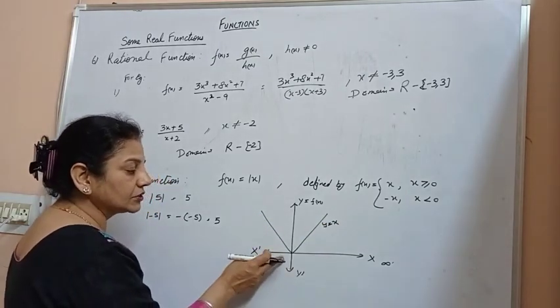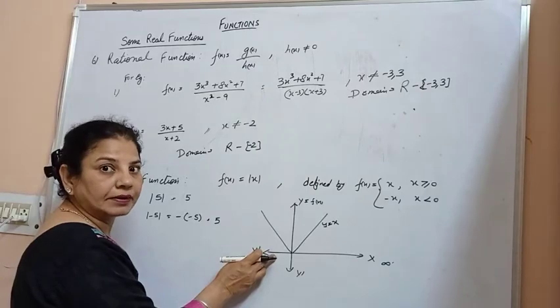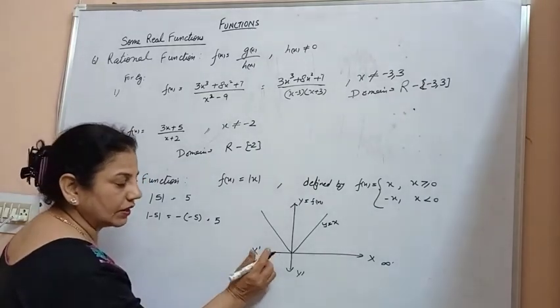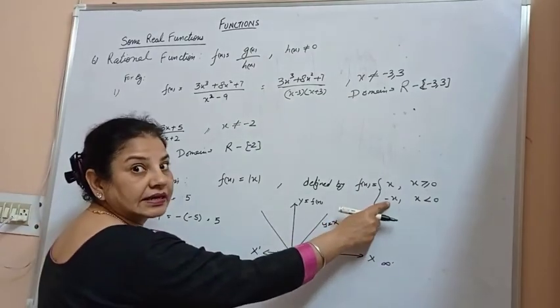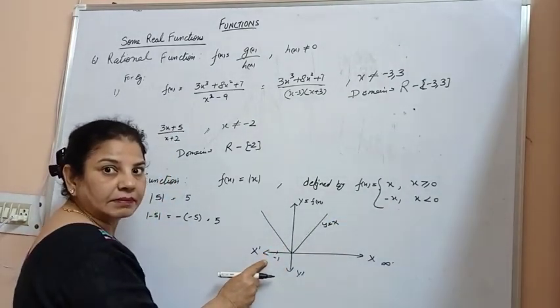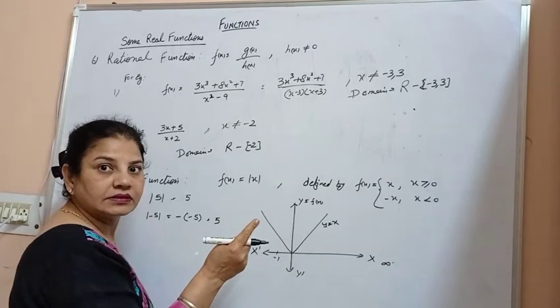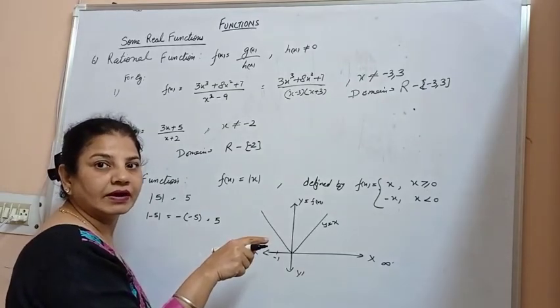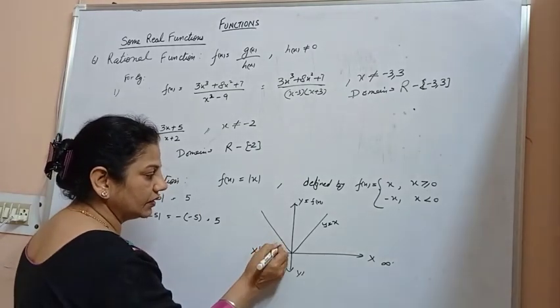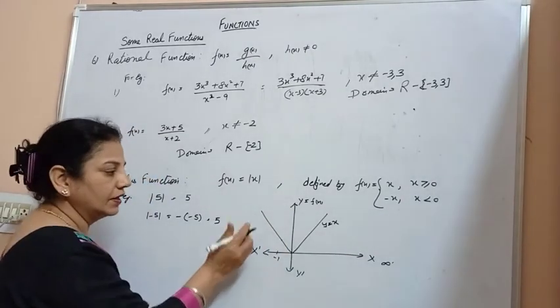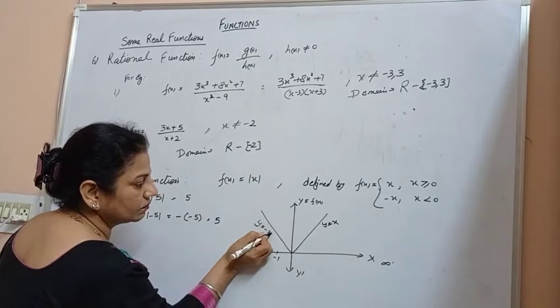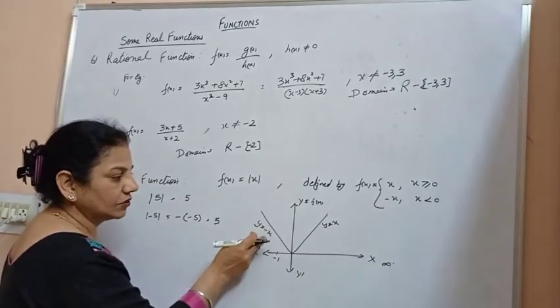But when you give a negative value to x, what will happen? When x is minus 1, we get the value as minus x, negative value of x. So minus of minus again gives the positive value of y as 1. So we get 1 over here. Every time you give a negative value to x, you get a positive value of y. So this is y = minus x. The graph is y = minus x.